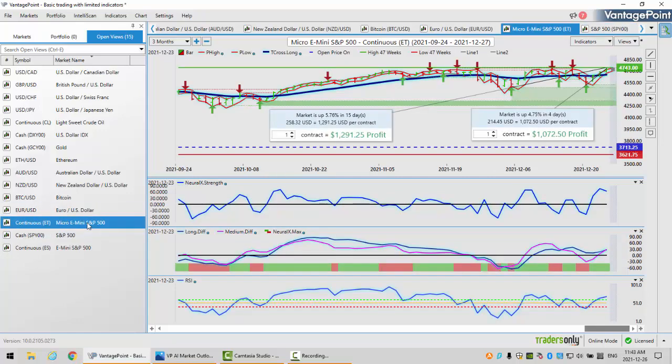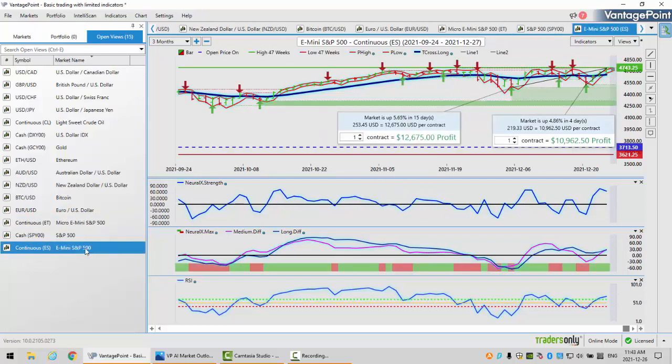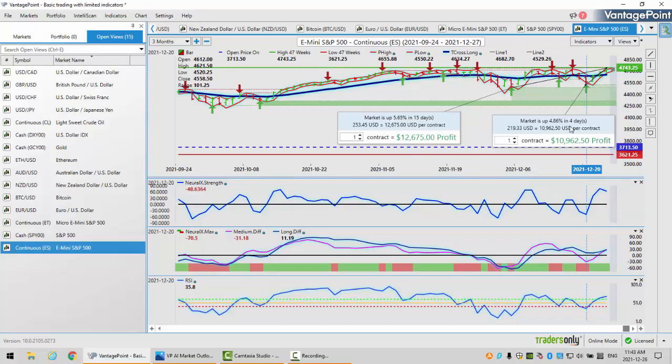Now, if we don't want to go to the main contracts, we can go to the S&P 500 minis, those same single contracts. If you just bought in the beginning of December and you stayed in this until where we are now, anticipating the Santa Claus rally, which is clearly in play here, you're picking up $12,600. If you bought the dip that I suggested to buy in last week's presentation, you're picking up almost $11,000.